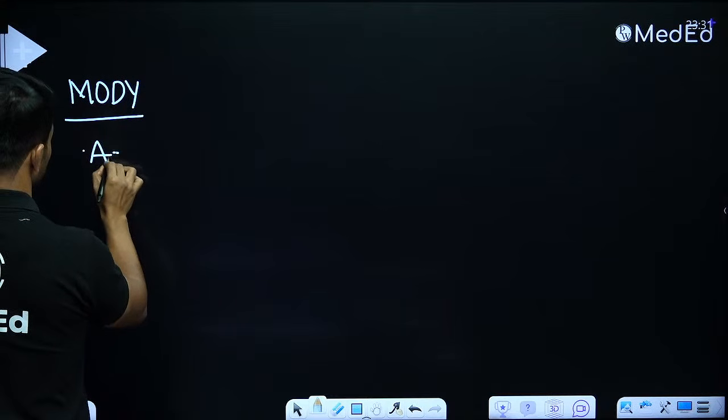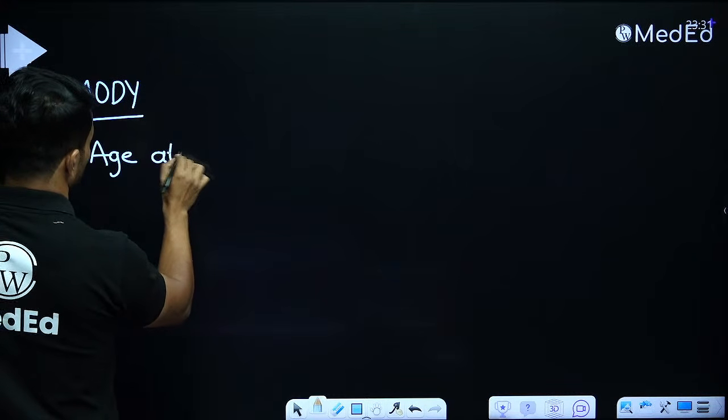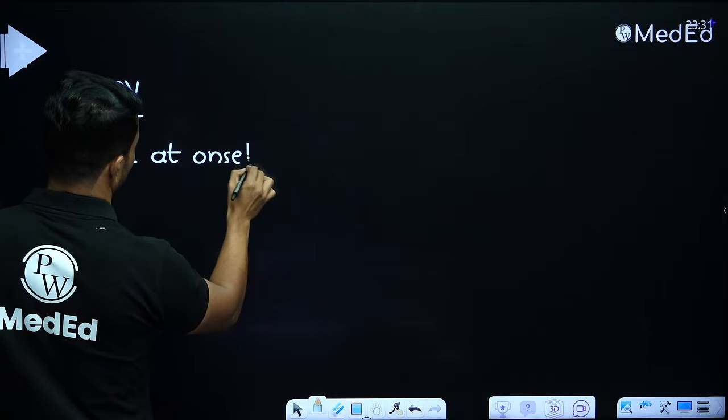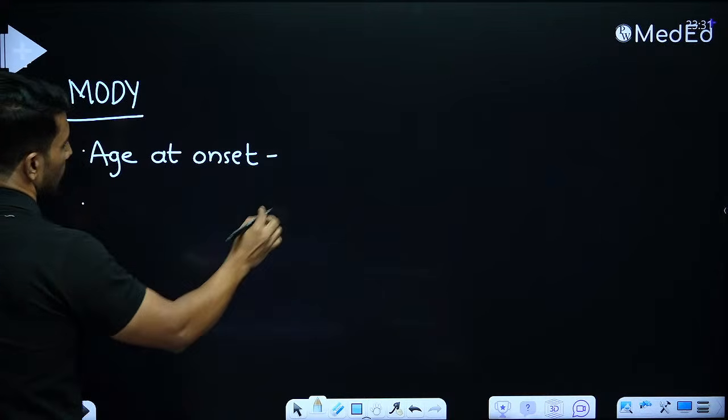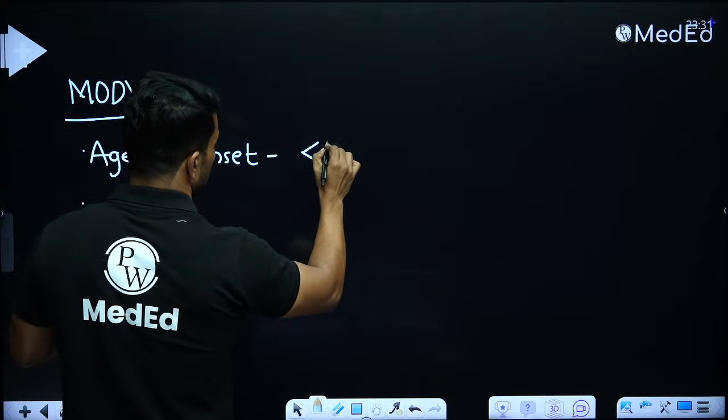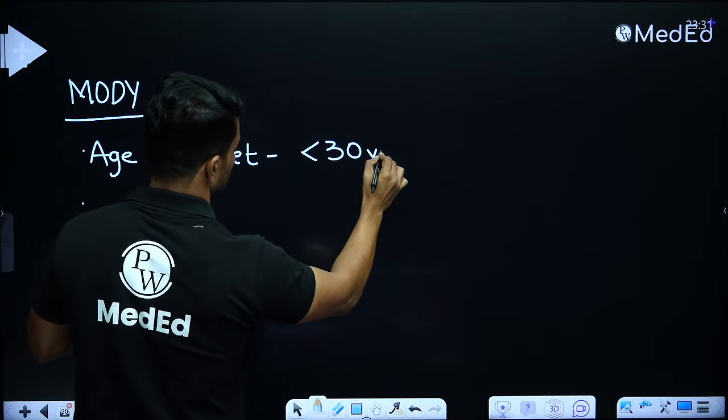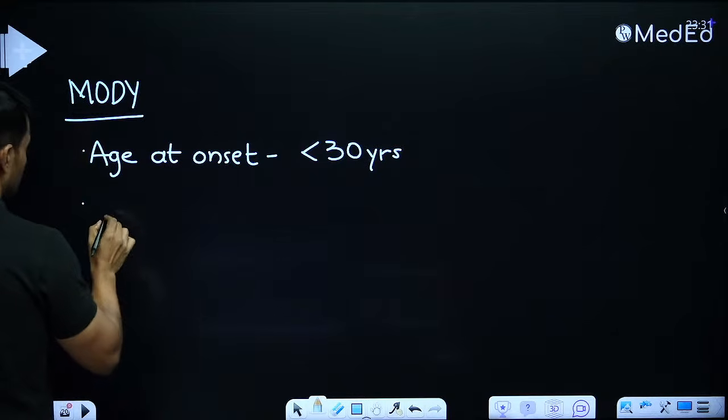First one, age at onset. We are saying maturity onset diabetes in young. So young means less than 30 years is the criteria. The second one,